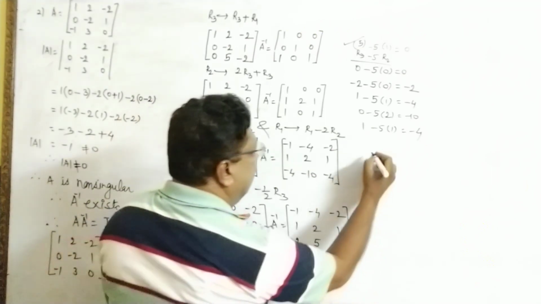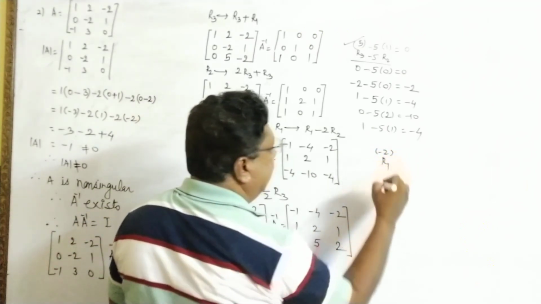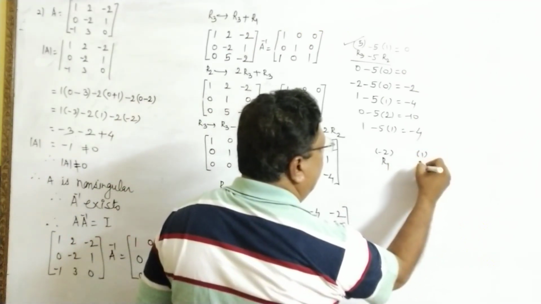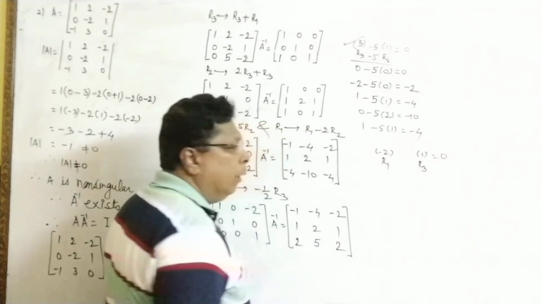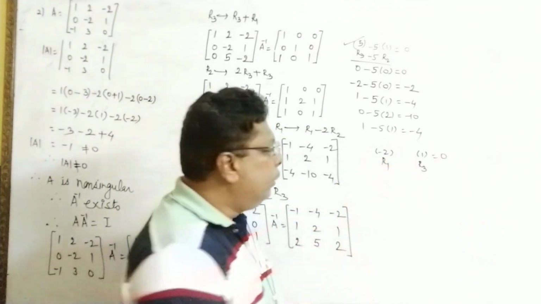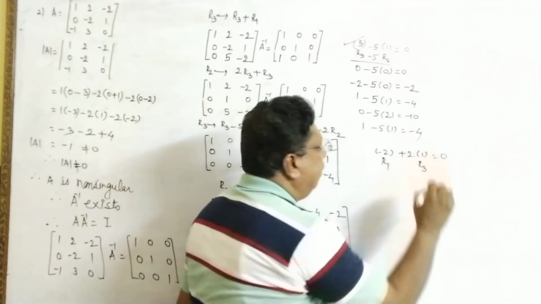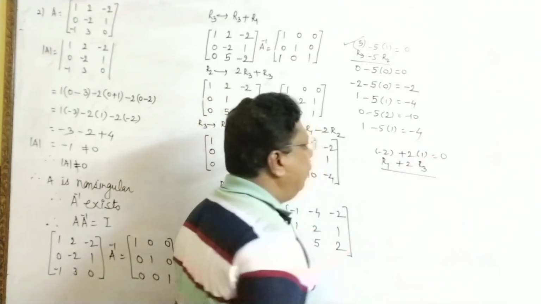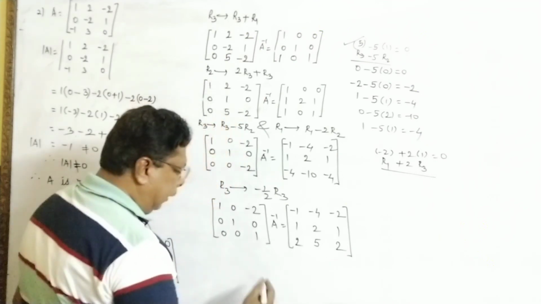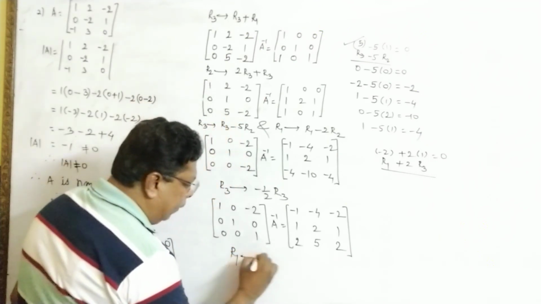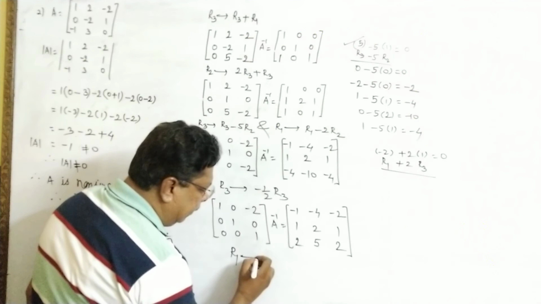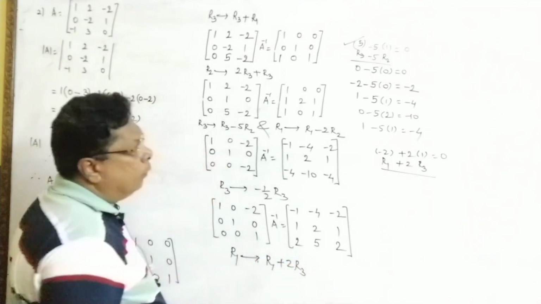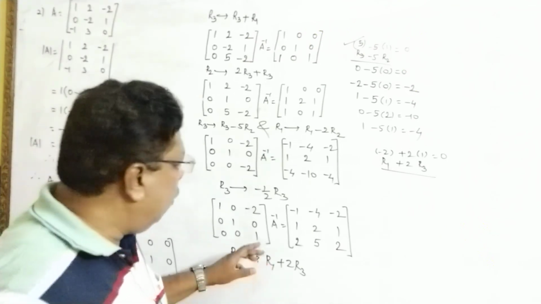there is an element minus 2. Minus 2 represent in the first row. Diagonal element represent in the third row. We want 0. We know that minus 2 plus 2 is 0. So simply multiply by plus 2. So take same element. So operation is R1 plus 2R3. R1 implies R1 plus 2R3. Now this is the last operation.